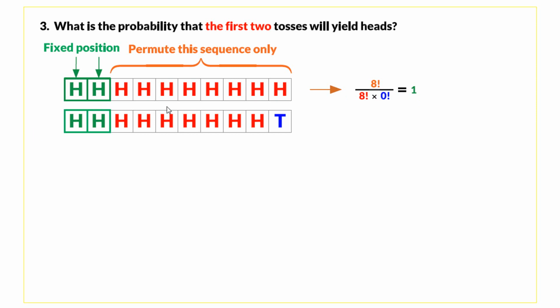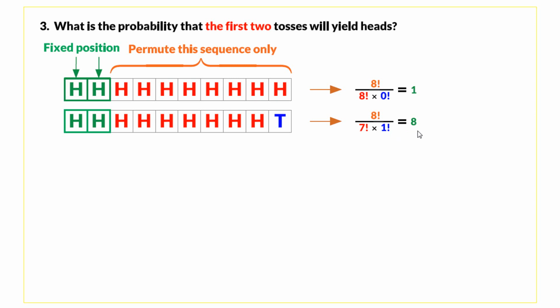We can also have a sequence with 1 tail in it, and starting with 2 heads. So these 2 heads are fixed in position, and now we can permute this 8-letter sequence with 1 tail. Using the permutation formula, we can compute the number of possible permutations here. So we have 8 objects taken 8 at a time with 7 identical items and 1 identical item to itself,